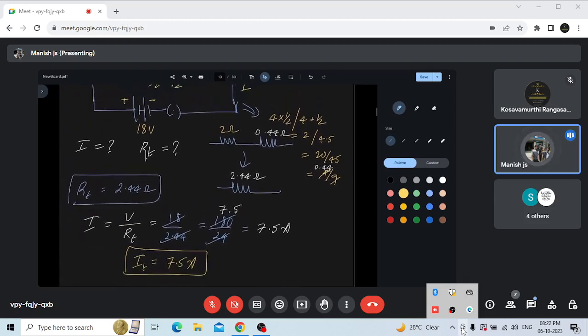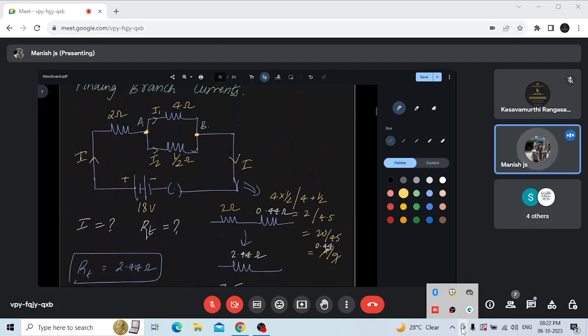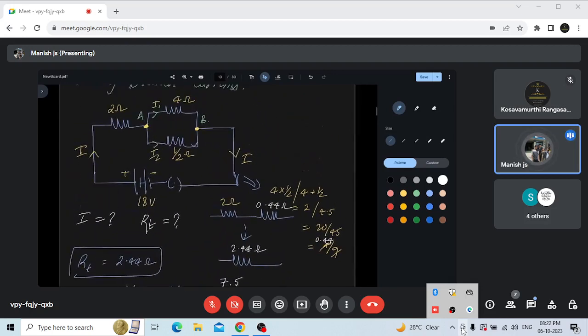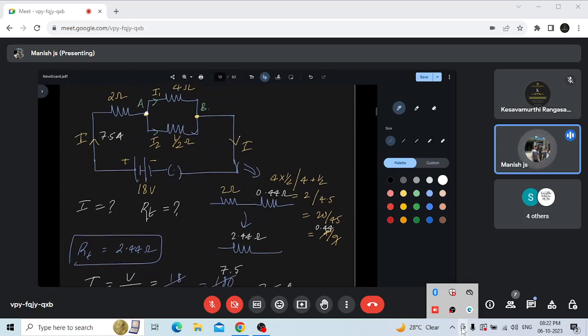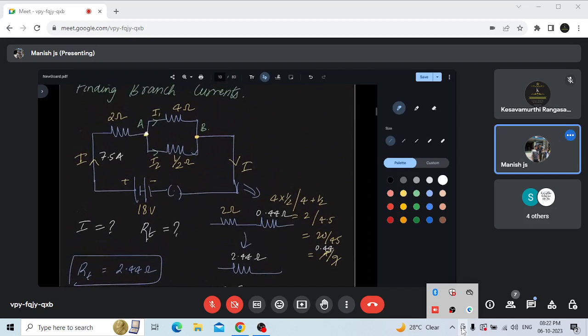So we found the total resistance, and now the current. That means this value of I is 7.5. So 7.5 amperes is passing through the 2 ohms resistor and then entering this point A. Out of that, we have to find out how much is getting split through the 4 ohms and through the half ohms. That is our task. So how do we calculate that? For that, we need to understand that